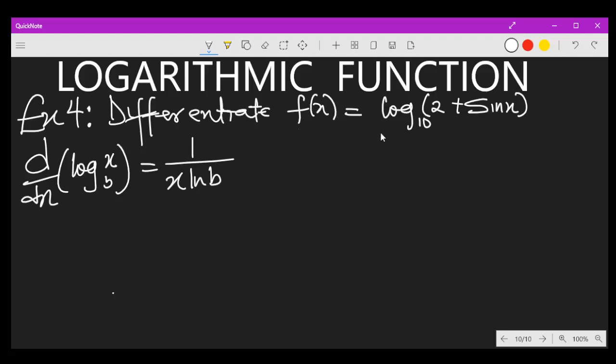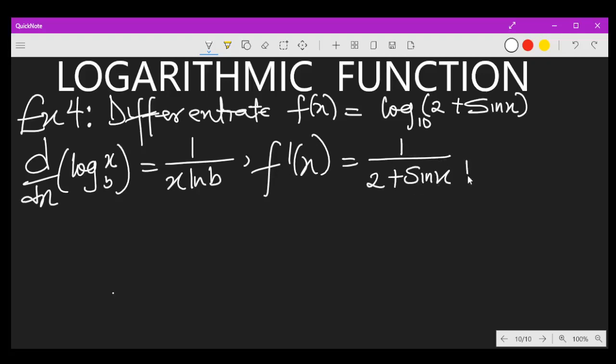Example: differentiate f of x is equal to log base 10 of 2 plus sine x. You still remember this formula that I wrote from the beginning of this lecture. So f prime of x will just be, our b is the base, so the ln of the base and the argument. So we now have 1 over 2 plus sine x times ln 10. But due to the fact that it's a function of a function, we multiply by